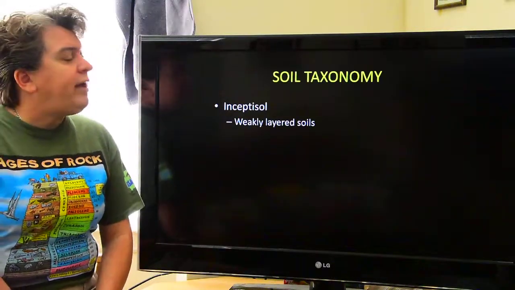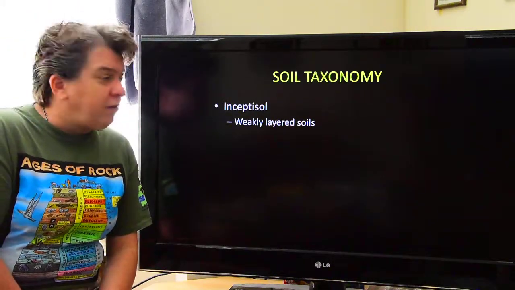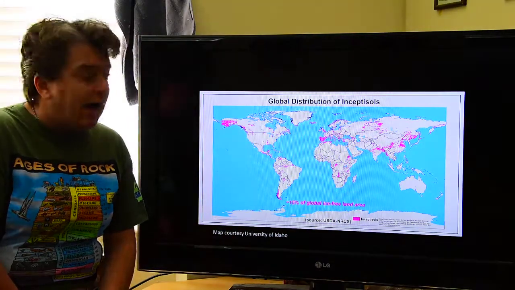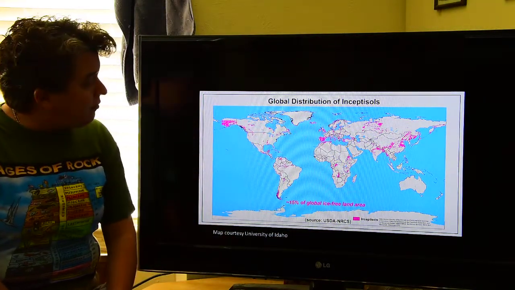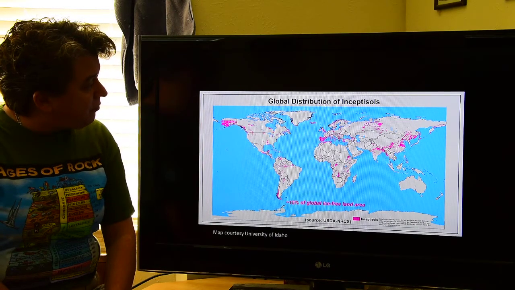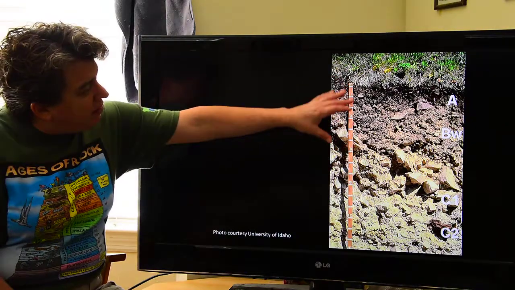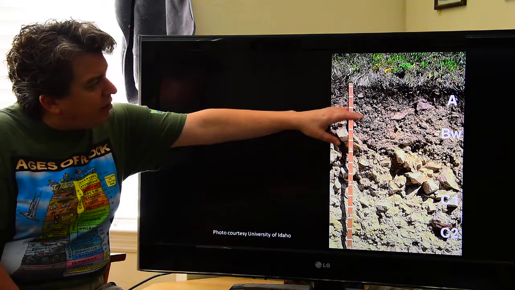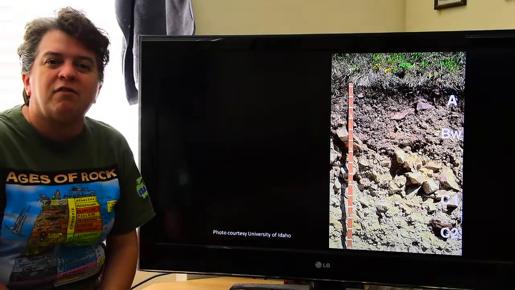Inceptosols are weakly layered soils. So these again are quite young and the soils have not really developed that well. And we can see in pink the distribution of these inceptosols. And this is what one might look like. We can weakly make out an A and a B layer in there, but it's not as distinctive as